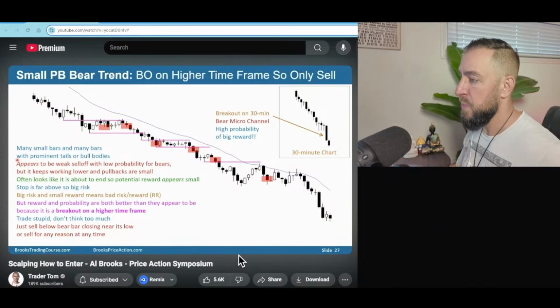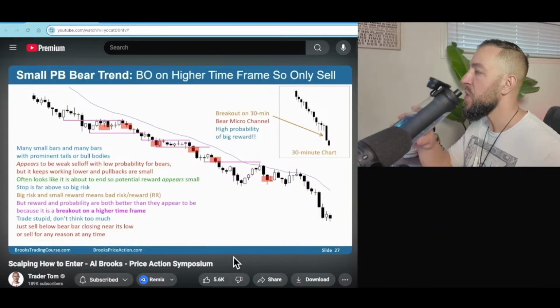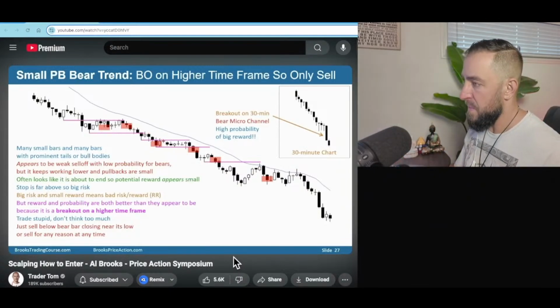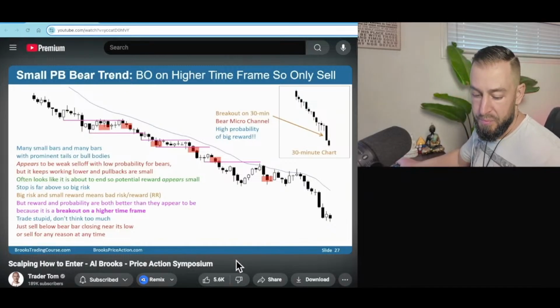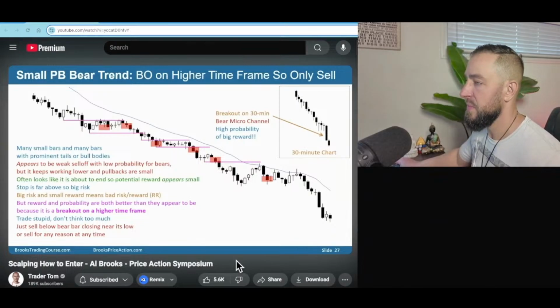You can sell below a bear bar, closing below its midpoint or near its low. You can scalp, but the problem a lot of traders have is once they take their profit, they never sell again. And if you find that you keep getting trapped out of trends that last all day because you're scalping and you can't get back in, stop doing that. Trade very small so that you're not thinking about money, and you sell and you hold. I sometimes make the comparison to Forrest Gump. Don't give it a lot of thought. I think you could argue that Forrest Gump would probably be a better trader than Albert Einstein. Don't think too much. You just take the trade, put the stop in, and if you want, go to Walmart and come back in a couple of hours.